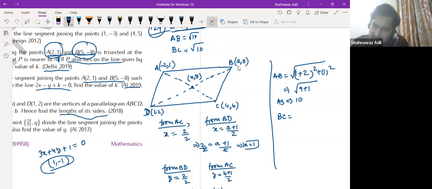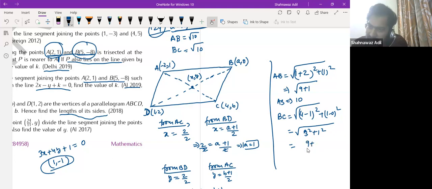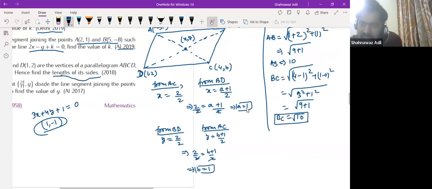BC is 4 minus 1 square and 1 minus 0 square. This is also 10, right? Then this is a parallelogram, but this is a special type of parallelogram, because opposite sides of a parallelogram